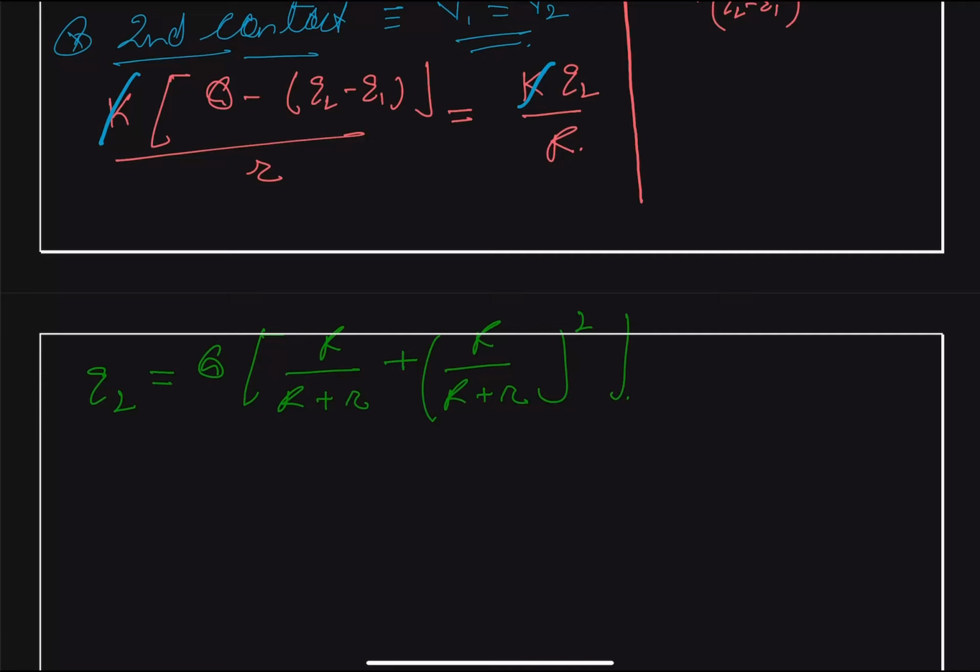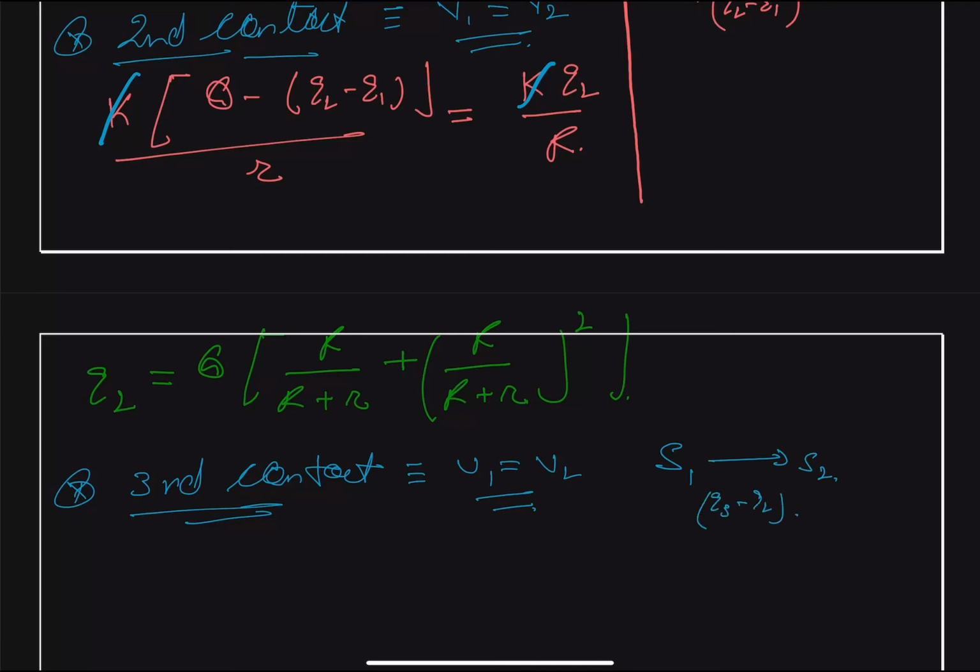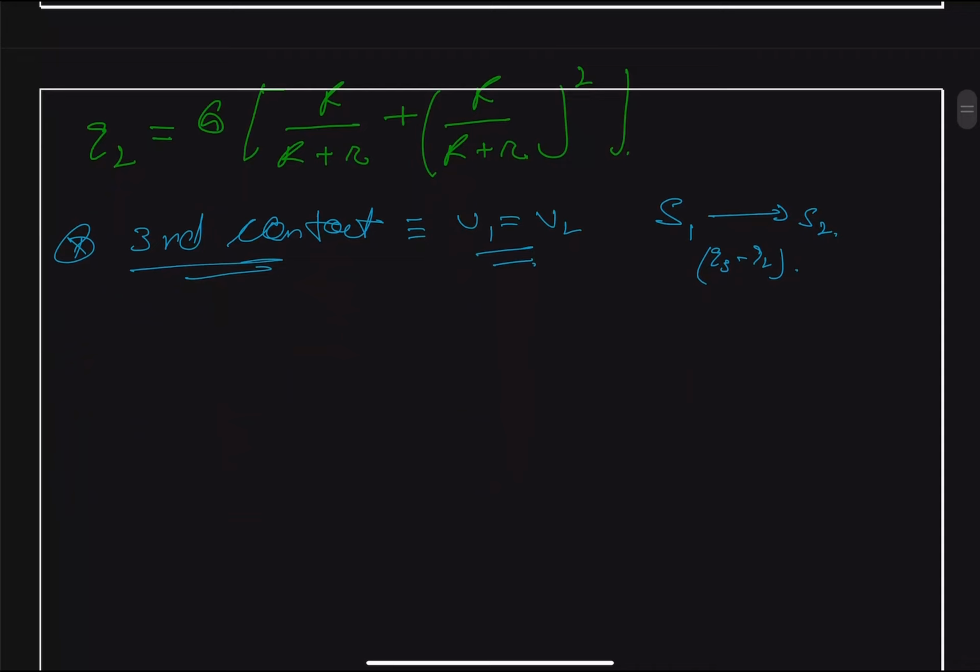Now we come to the third contact. In the third contact also V1 should be equal to V2, and the charge that is being transferred from S1 to S2 is Q3 minus Q2. So we can just replace the formula and we get this as